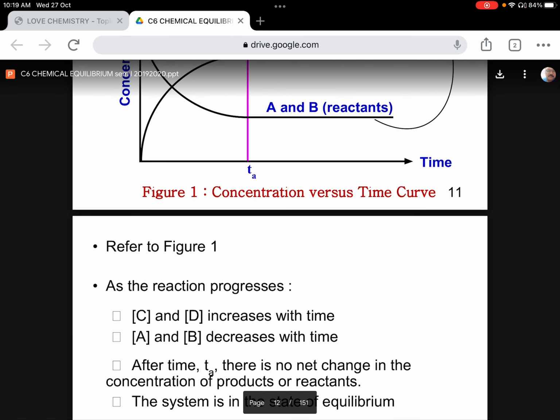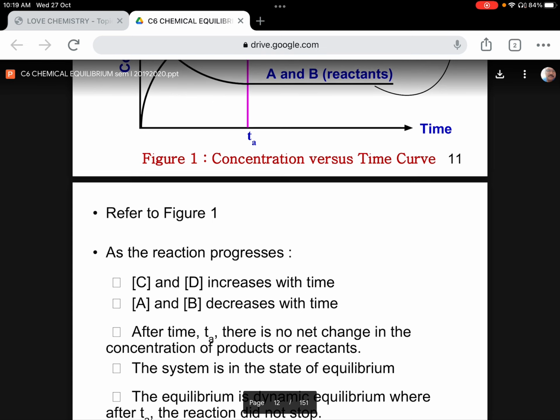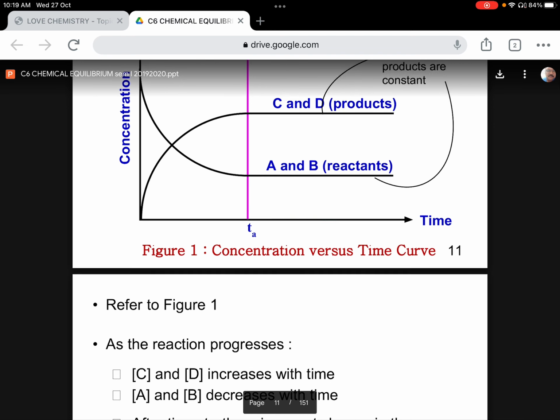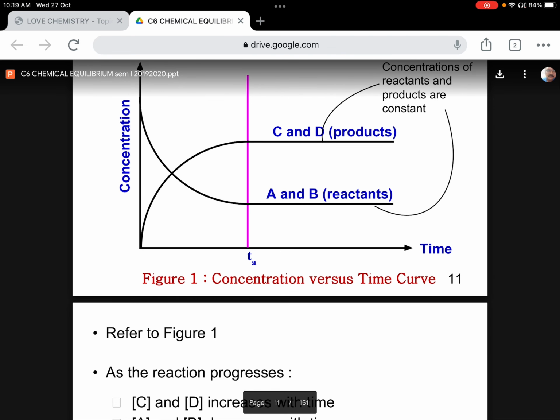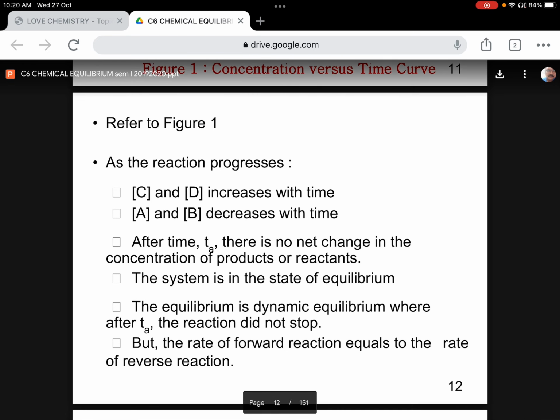At time Ta, there is no net change in the concentration of products or reactants. The system is said to be in the equilibrium state. You can see in the diagram, beyond Ta, the concentration of both products and reactants become constant. There are no changes in the concentration. Beginning from that point and beyond, the system is said to be in dynamic equilibrium because